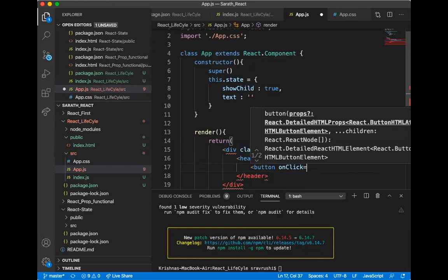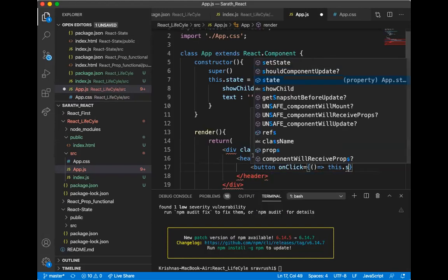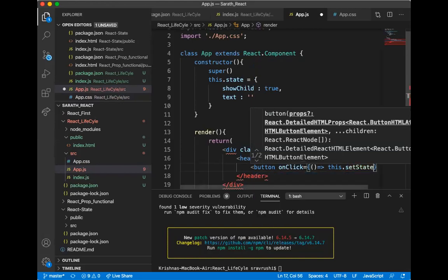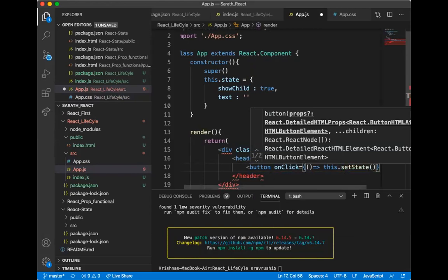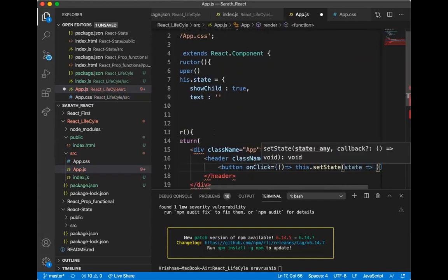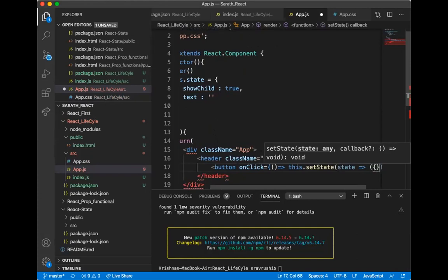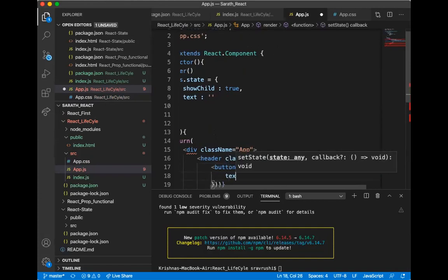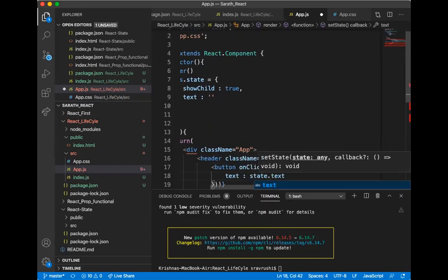In this on click event I am having one arrow function, and in this arrow function, this.setState, and state colon text, state.text plus hello.